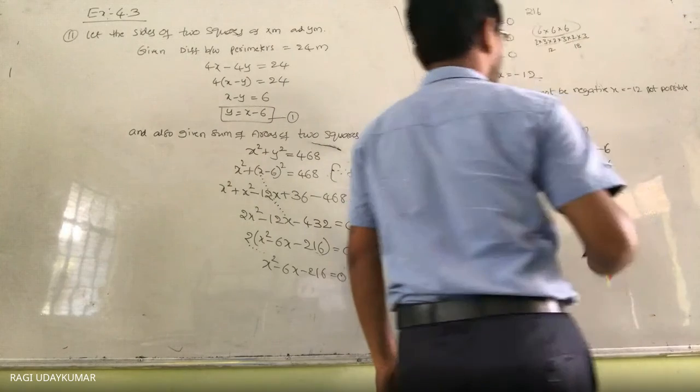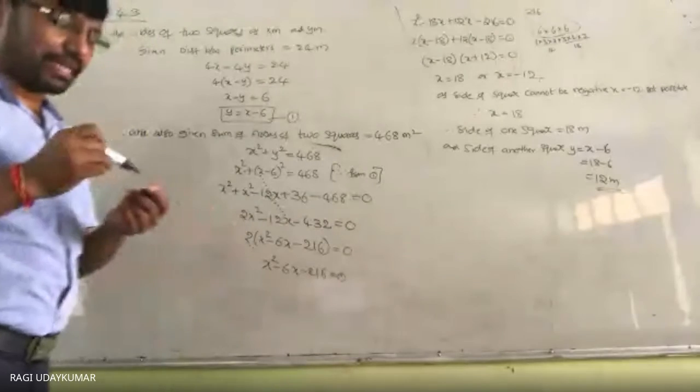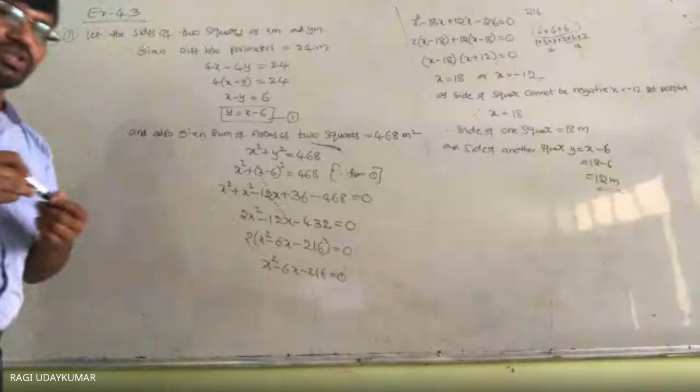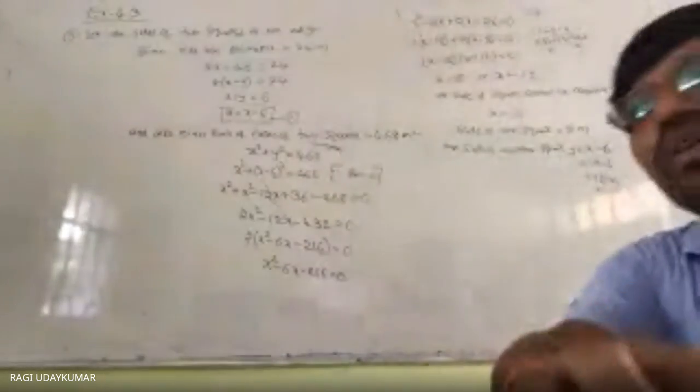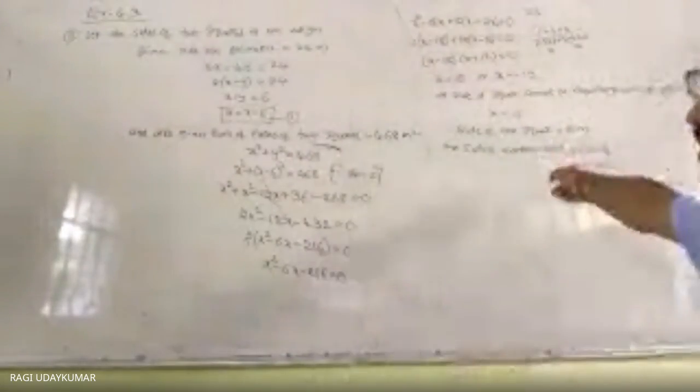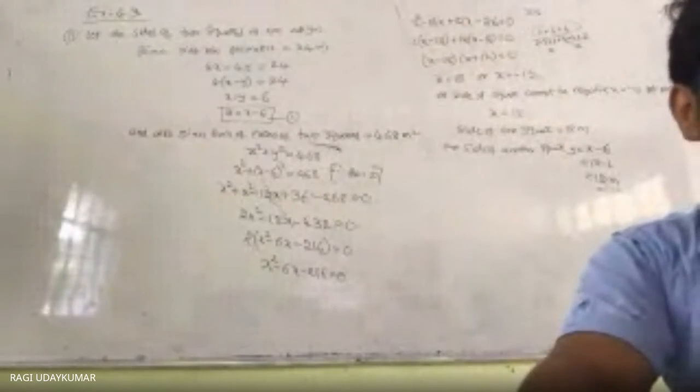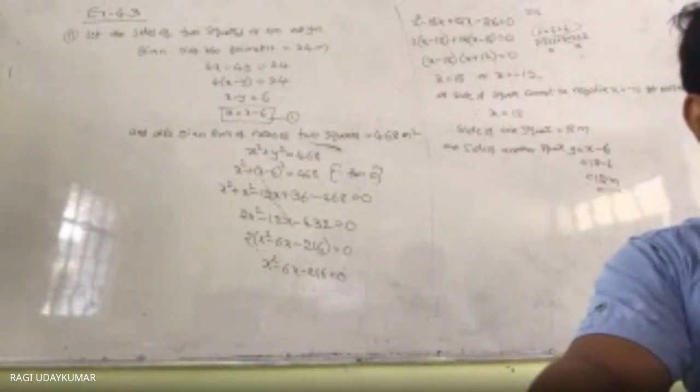So this 12, we are not doing plus 12. Mostly all the problems are getting like that only. But it doesn't mean that you directly write that the same will come. This is the way we are getting the y value from the x. So that you need to keep in your mind.